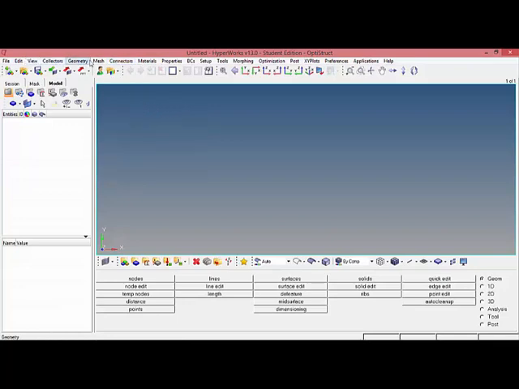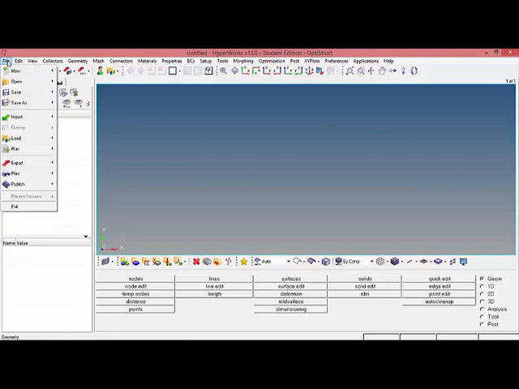There are different menus available, like if I want to open a new file, create a new file, save a file, import any geometry or model, or export any geometry or model,